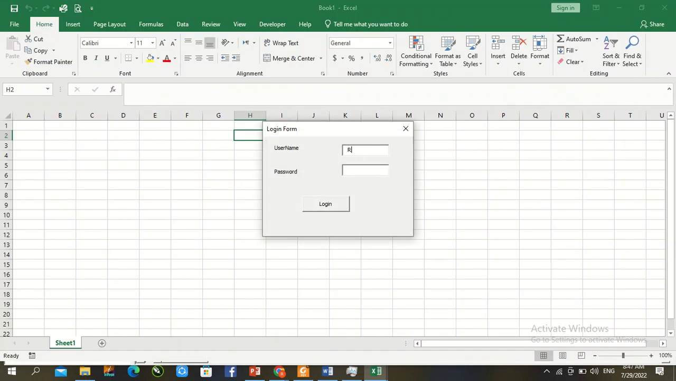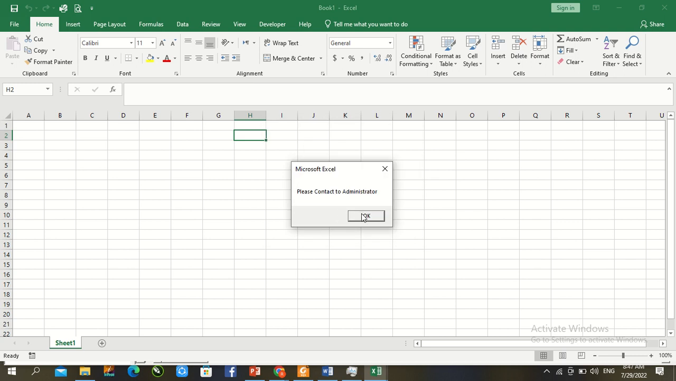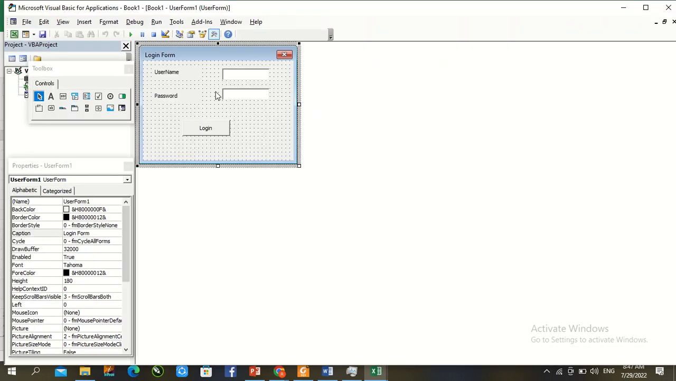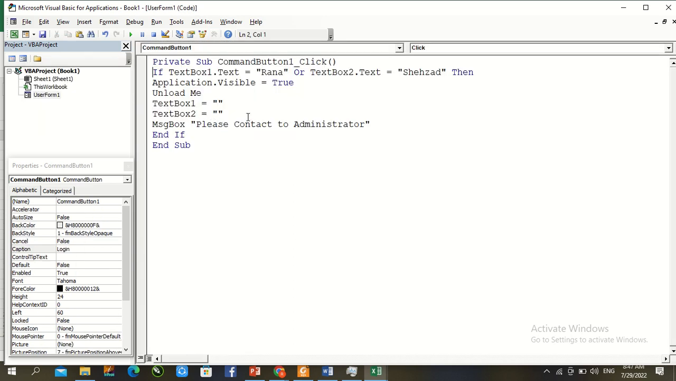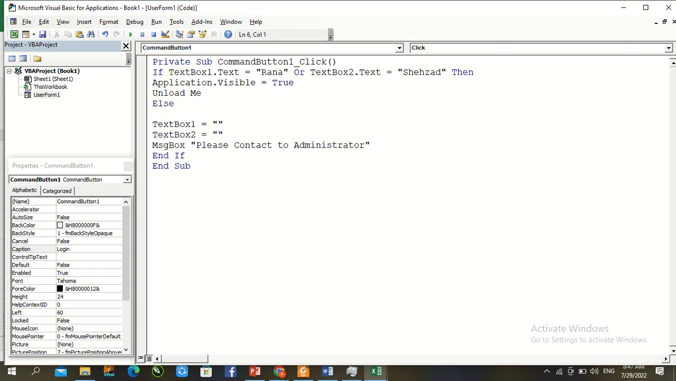User form here, capital R, and I share, this is my name, login. Okay, so everything is okay now. For the finish time we need to type here Else, missing now. Again go to this workbook